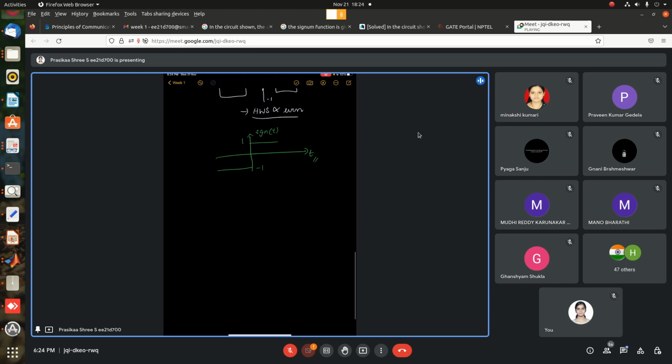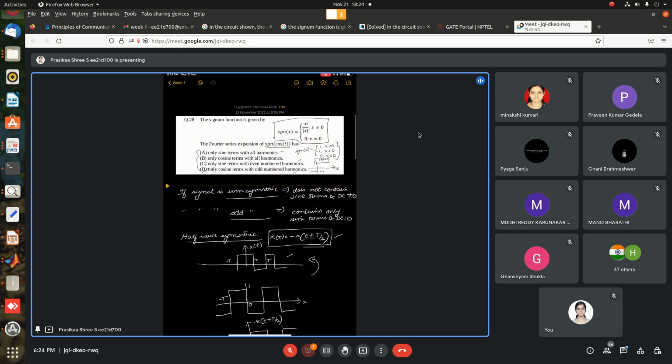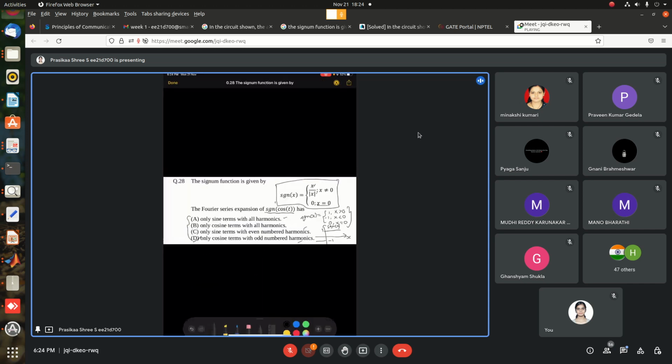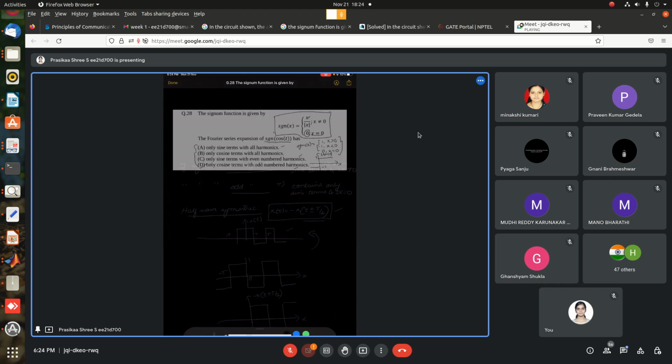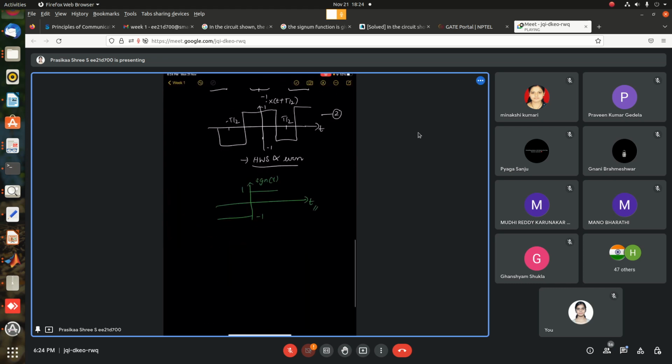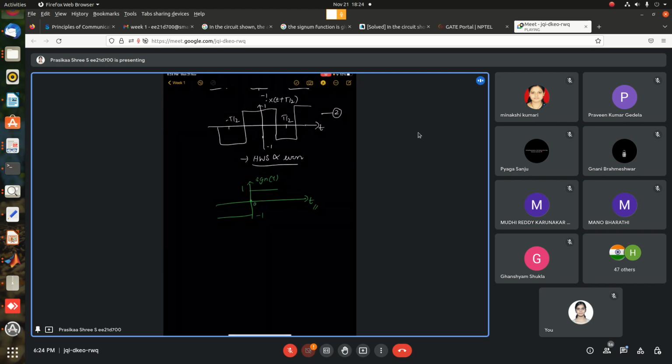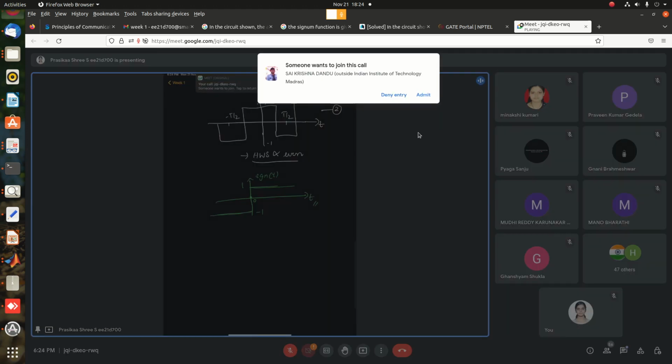But here, what they have clearly given in the question is that when t is equal to 0, it takes the value 0. So at the 0th point, at t equal to 0, signum of t takes 0. When t is greater than 0, it takes the value 1. And similarly, when t is less than 0,